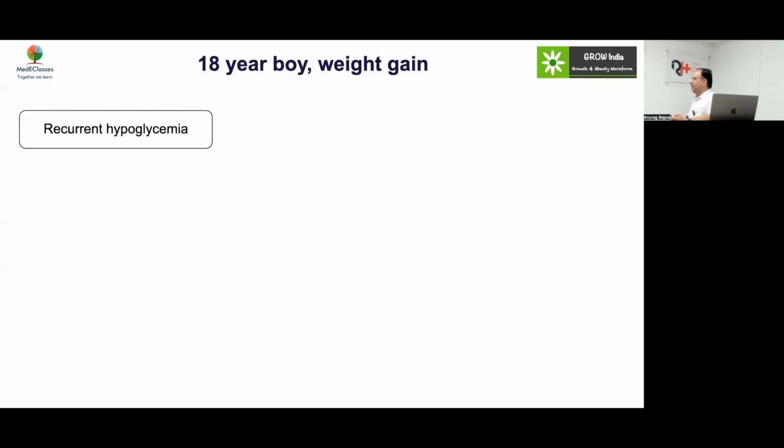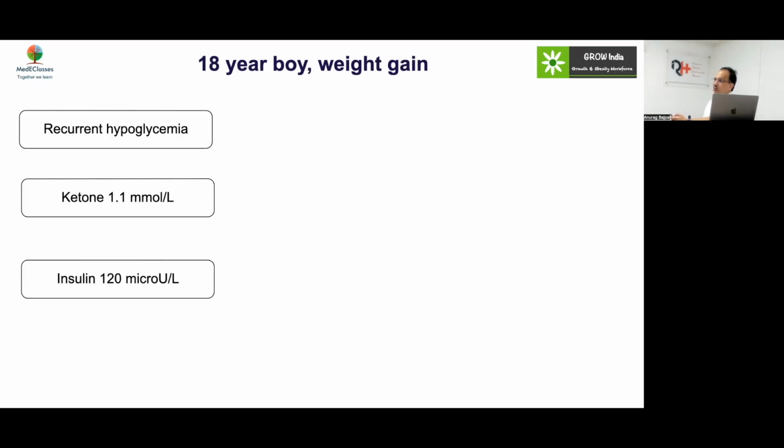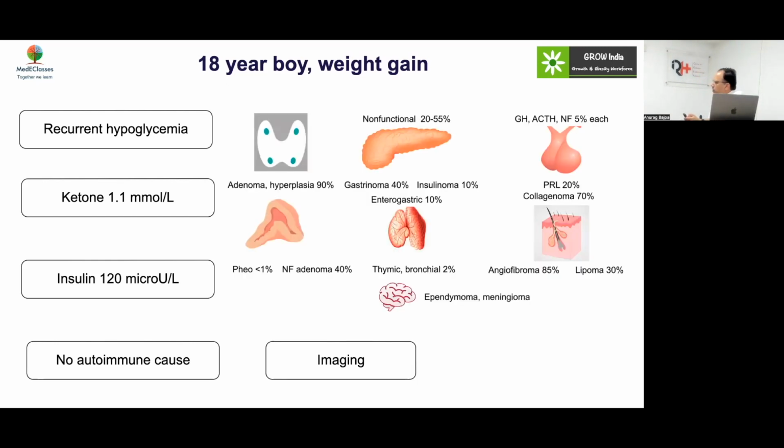18-year-old boy with weight gain, recurrent hypoglycemia, ketone is mildly positive, insulin is 120. Now, no autoimmune cause, your C-peptide is also high. So now what are you thinking? And weight gain, what does it mean? In a child with hypoglycemia, if they're gaining weight, what does it mean? Due to what? Sulfonylurea, it is persisting. So you think of insulinoma, the classical presentation is weight gain. So in this scenario, imagine